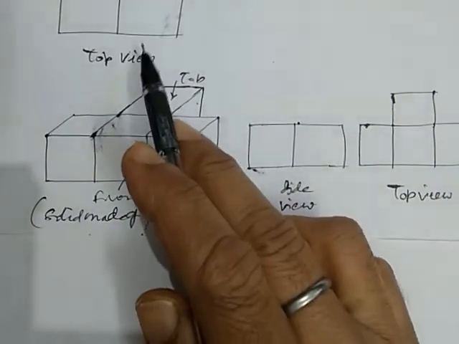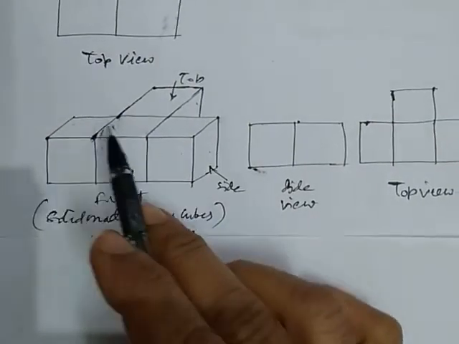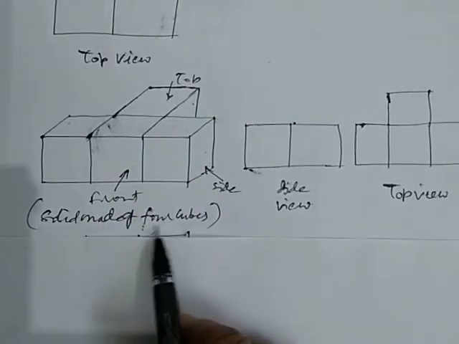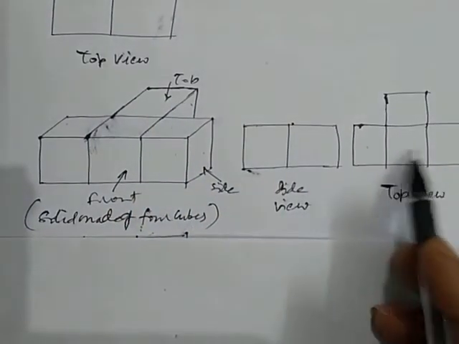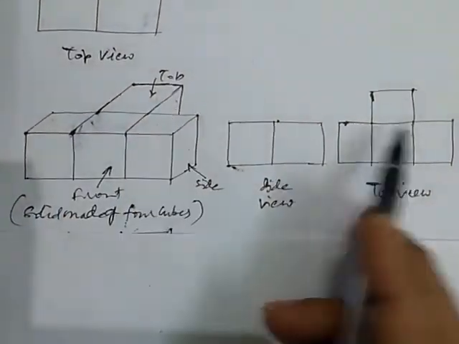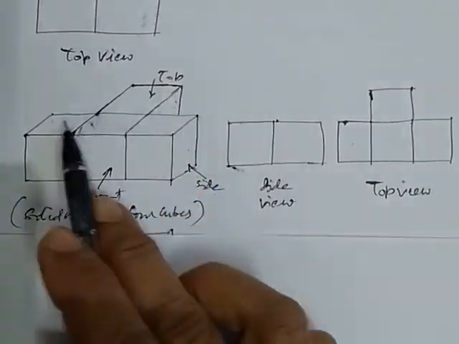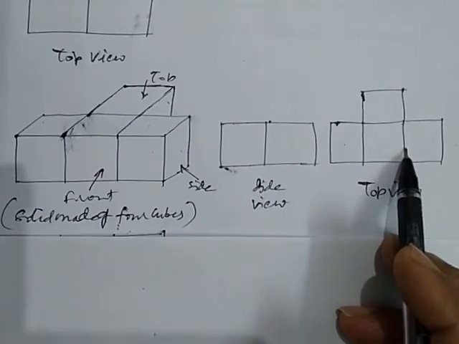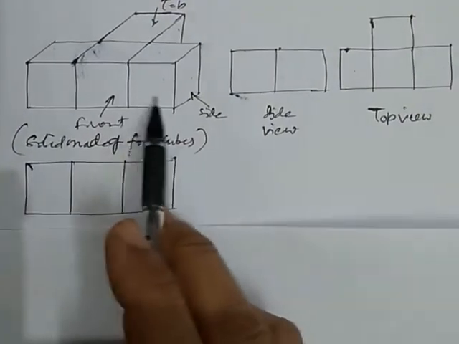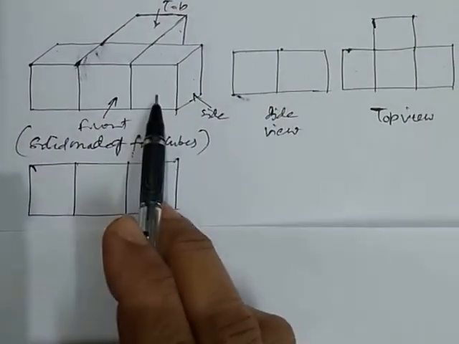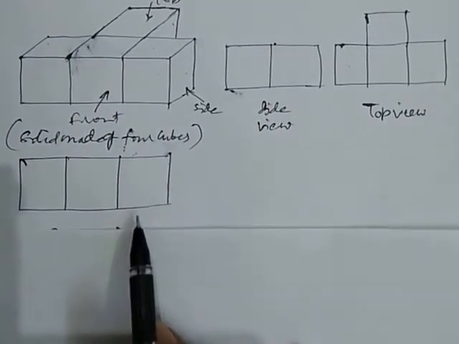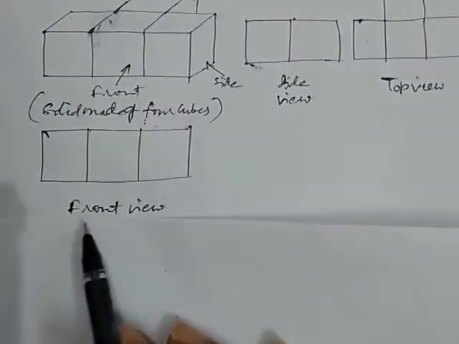But if we look from the top, then all 4 faces of this solid made of 4 cubes are visible. So this is the top view of this 1, 2, 3 and 4. Only their edges and top faces are viewed in this. Okay. Now, if we look at this from the front, then only 1, 2 and 3, these 3 pieces are visible, the rest are hidden. This is the front view of this setup. Okay.